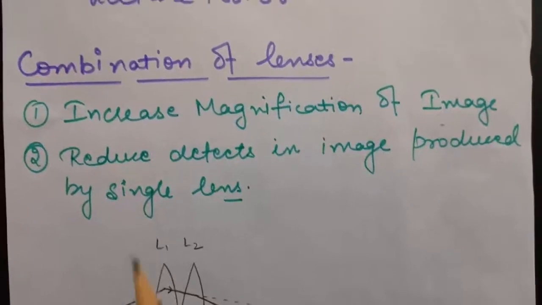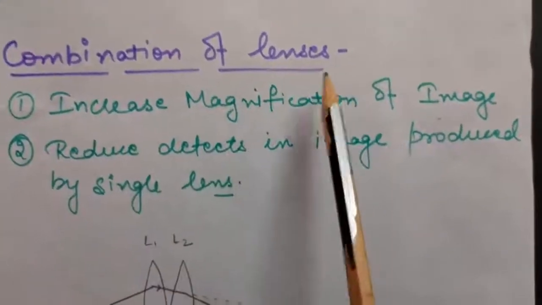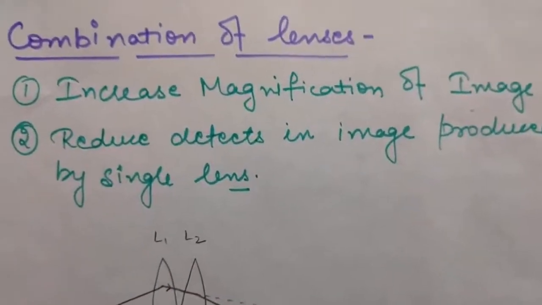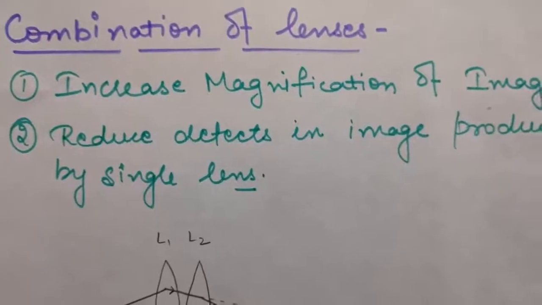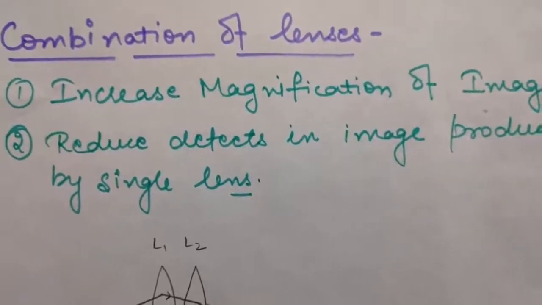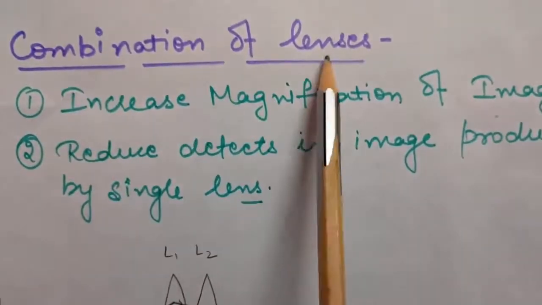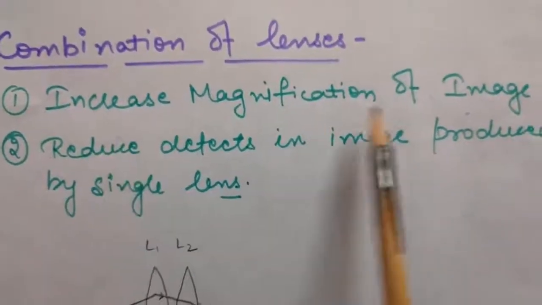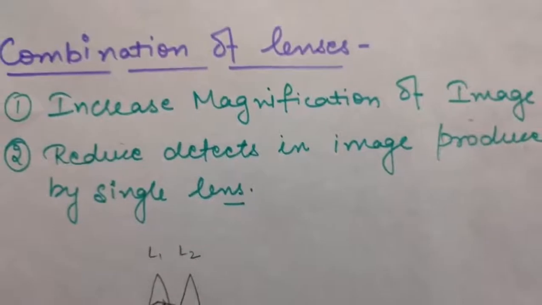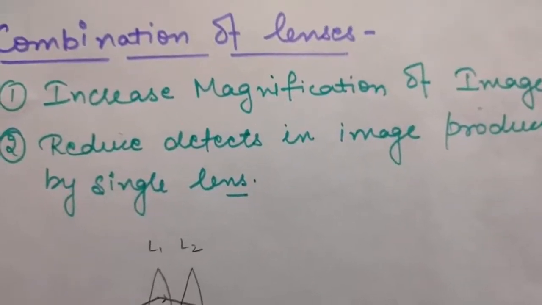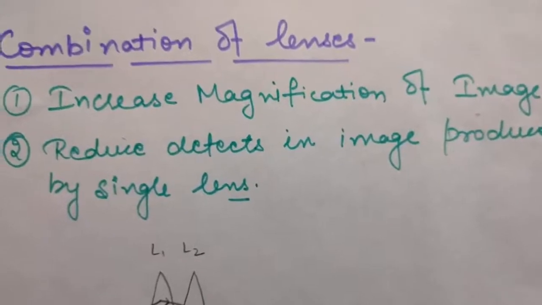Okay, so the next topic is combination of lenses. Okay, so in this we will be putting two or more lenses together to form a combination. So the question arises, why do we combine lenses? So the combination of lenses is done to increase magnification of the image. Okay, so when you put two or more lenses together, the magnification of the image gets increased